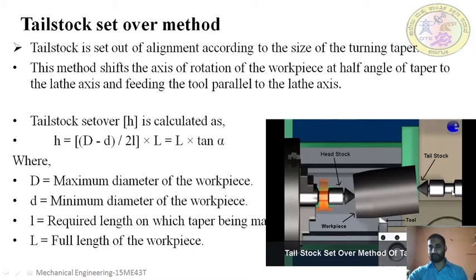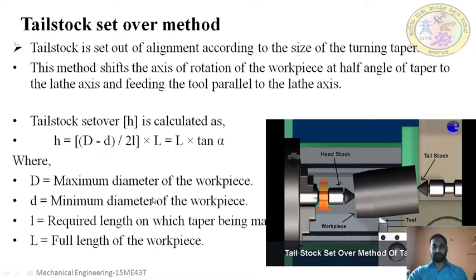For taper turning, the tailstock center is offset for some distance. So now the axis of rotation of the workpiece is changed. It is angular now, and the tool is fed straight. What will happen now? If you keep the tool straight, it will remove the workpiece in an angular direction. So the tailstock set over H, the distance which is offset from the normal axis of rotation, is calculated by H equals (D minus d) divided by 2L, into L, which is also equal to L tan alpha,